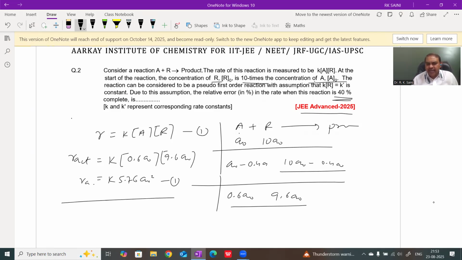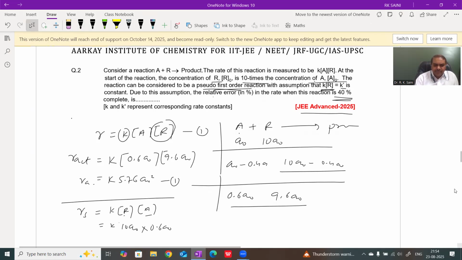Now the reaction is considered as pseudo first order, and given K into R equals K dash, and this concentration remains constant. It means K into R is a constant for a pseudo order reaction. This is known as K dash. The initial concentration of R is 10 A naught and this concentration remains constant. After 40%, the concentration of A is 0.6 A naught. And hence for the pseudo order reaction,